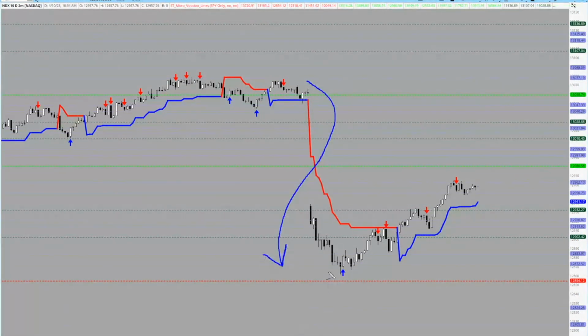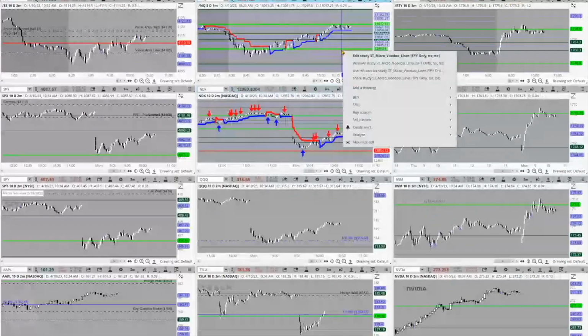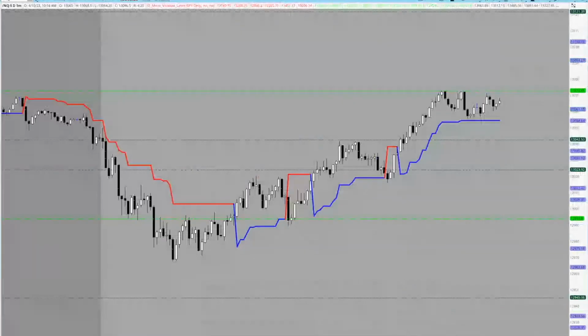But you see how coming into that fire line, I know it didn't hit it to the tick, but knowing that this is the most important area of support and we've got a big reaction down into it, I'm usually going to look to those spots to be support. So I'm thinking, all right, cash is above the fire line, and then look at how the futures, once they recover, like I've told you, I know this one was not to the tick,